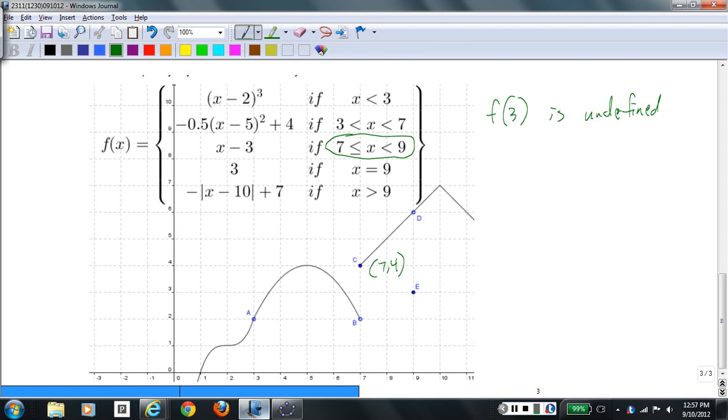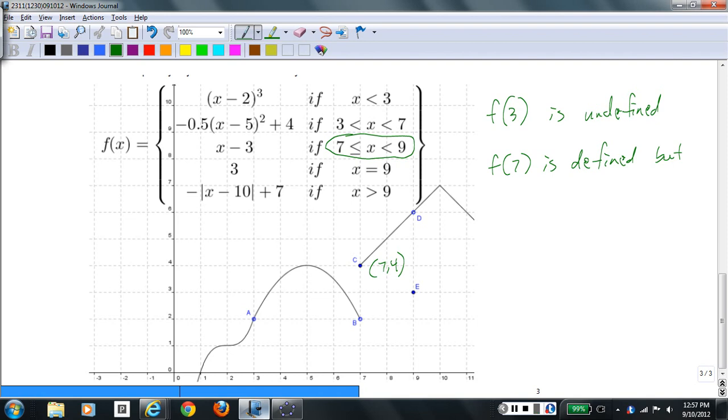So sure, f is defined. F of 7 is defined, but it's not continuous at 7. Why not? Because you have to pick your pencil up. You have to pick your pencil up, exactly. Basically, we're going along just like that. Can you see that? Yeah, we went along this, and then we have to jump all the way up there